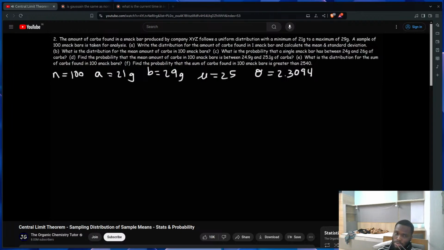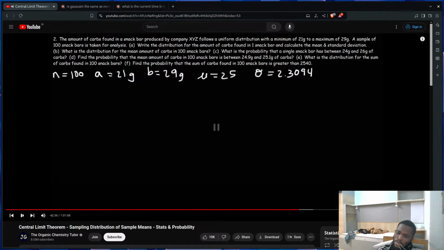Find the probability that the mean amount of carbs in 100 snack bars is between 24.9 grams